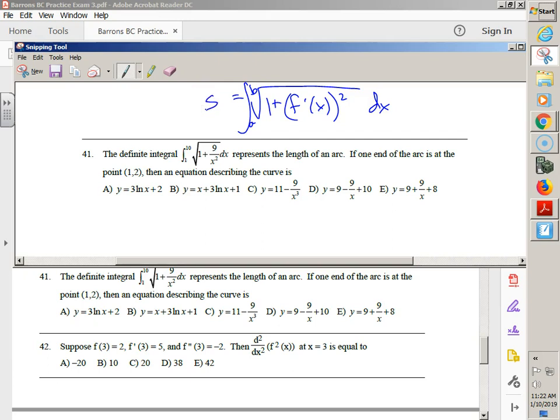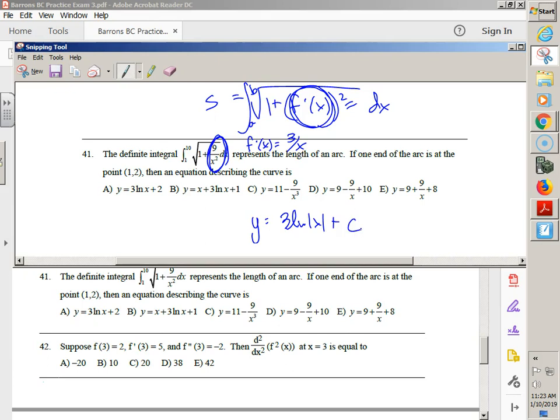Let's see. My A to B. See, 9 over x squared. So couldn't I say my f prime of x must have been 3 over x? I'm looking for who was squared. Does that make sense? So I can take 9 over x squared and square root that, because it was the derivative squared, so 3 over x is my original function. And then you can integrate that, and you would end up with y equal to 3 times the absolute value of x plus c,